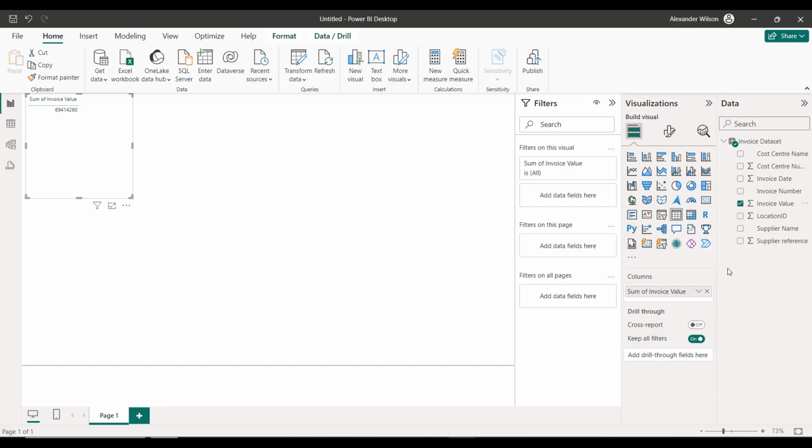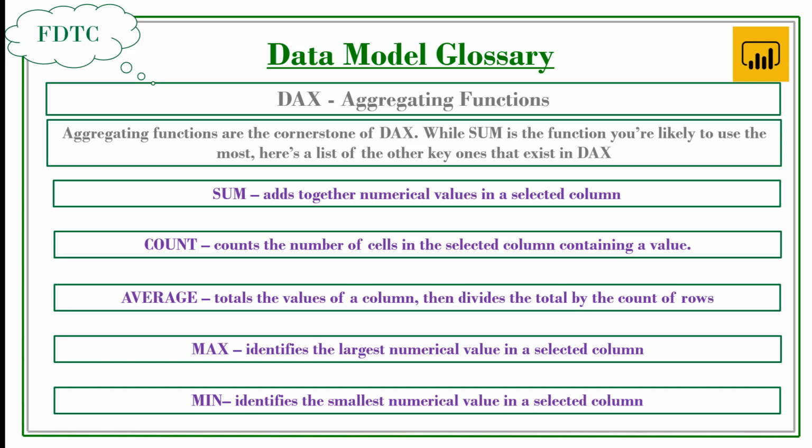Now, if you know Excel, then probably aggregation functions will be quite familiar to you, but just in case they aren't, sum is a function, a preloaded command in Power BI that asks Power BI to look at a list of numerical values and then add them together. A count is another function, another preloaded command to Power BI that counts all the rows in a table that have got numerical values in a particular column. Now, if you're not aware of some of the other aggregation functions, then let's have a look at the list. Here are the various aggregating functions that we'll find in Power BI. They're also pretty similar. In fact, they're exactly the same as the ones you'll find in Excel.